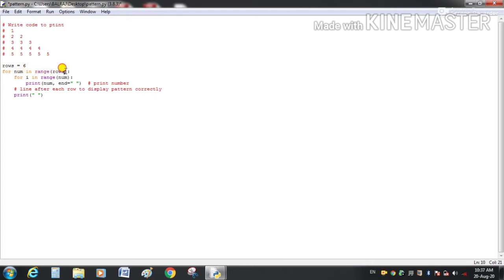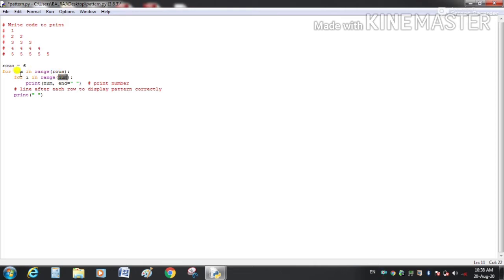outer loop will execute 6 times, taking the values 0 to 5. Num will vary from 0 to 5, meaning it will take 6 values. For the first time it will take the value 0, and for i in range 0, the inner loop will not execute, because here num is 0.